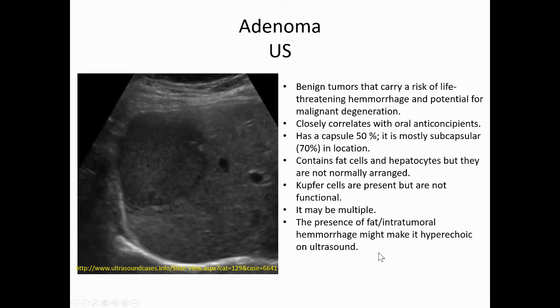Adenomas are even more menacing on ultrasound because they are usually large, around 5 centimeters. They are also subcapsular in location, and even though they are benign, they carry a risk of life-threatening hemorrhage and potential for malignant degeneration. They're more common in women because they might take contraceptives. They can have a capsule. They contain fat cells, and fat, as you recall, is bright on ultrasound. So if you see brighter foci within this lesion, then that can help you a little bit, but we seldom